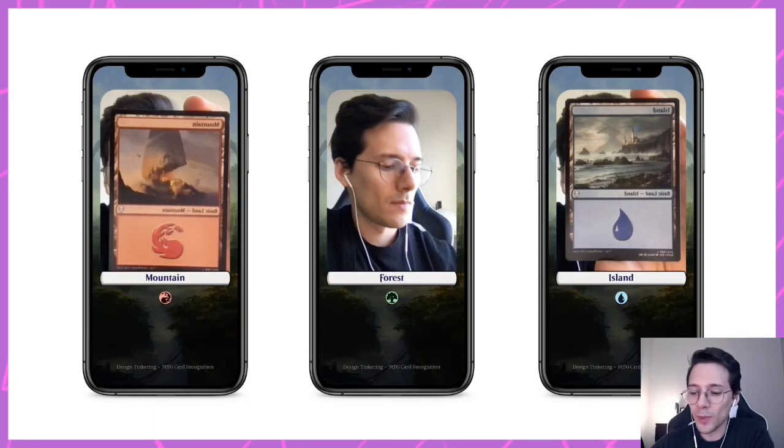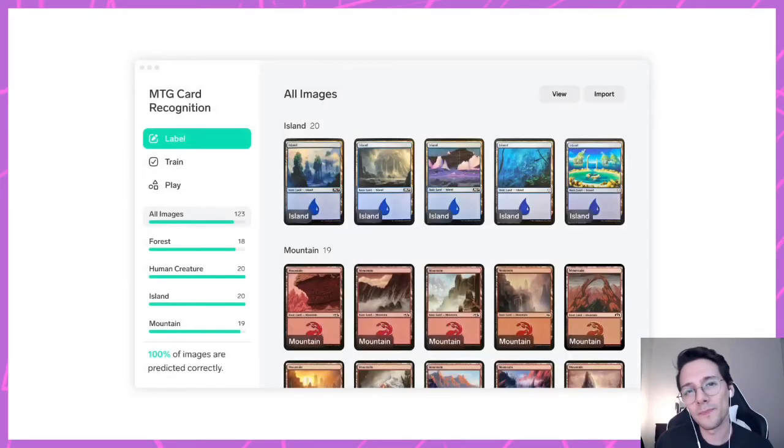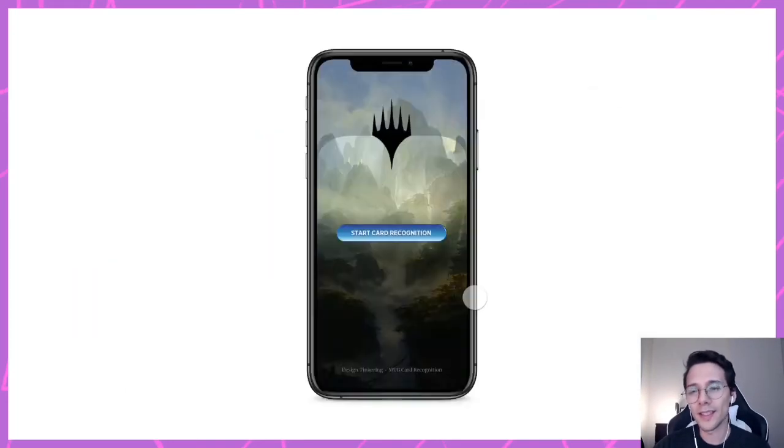So in this example, what I did is that I continued to gather more data. So I looked for images online and I brought them into my model. You can see that I ended up having around 123 images there, which is not a lot to have a model working, right? You should have thousands of images. But for now, it was much better than what I had before. And I also included a new category, human creature. For that category, I'm adding photos of me so that when there are no cards, it can identify me as a human. So with that, let's see the latest iteration that I have.